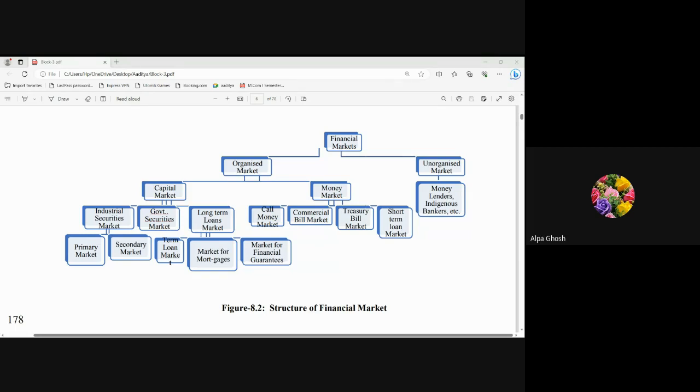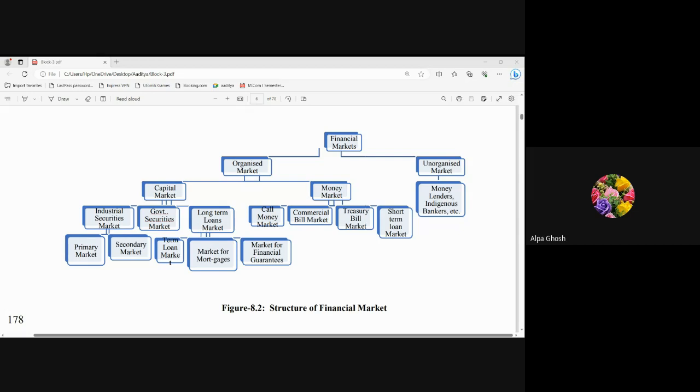And we also do not hesitate in approaching them, because we know that even if we knock on their doors at midnight for the requirement of funds, it is easily available. So now coming to the second one, organized market. Organized market is a market where, to have the funds, the first important thing is that you should have credit worthiness. You need to produce certain documents. You need to ensure that you are going to repay the amount back.